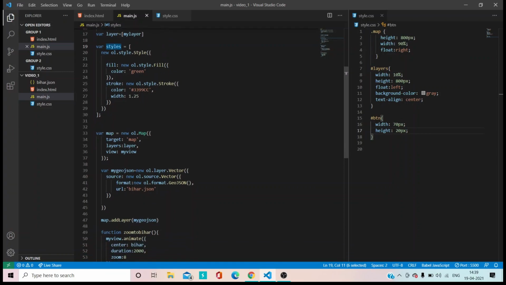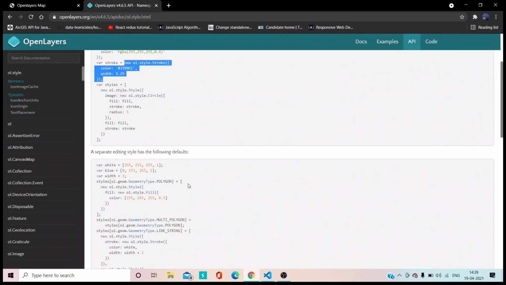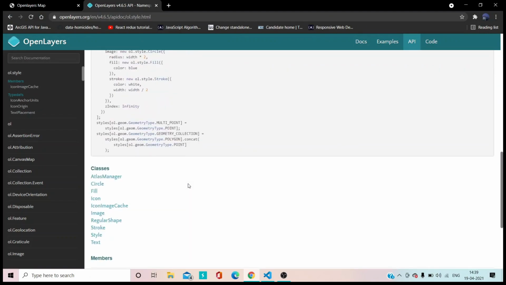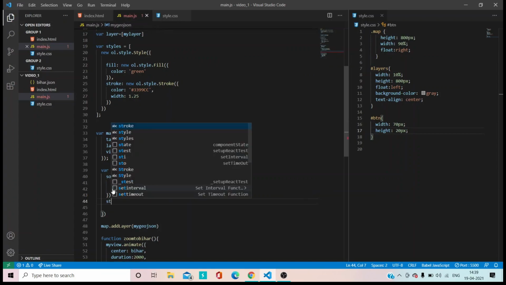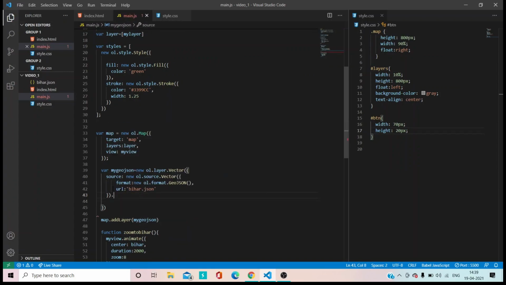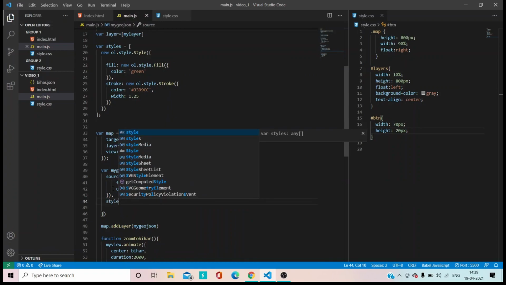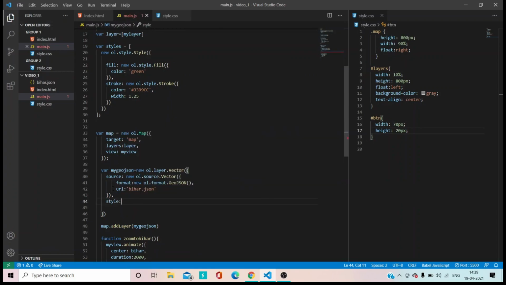In our JSON layer, in the layer we have ol.layer.vector, source and then style. It will be the styles variable.